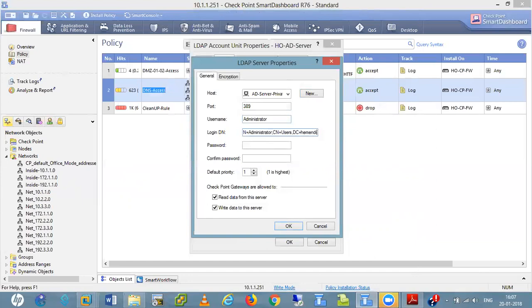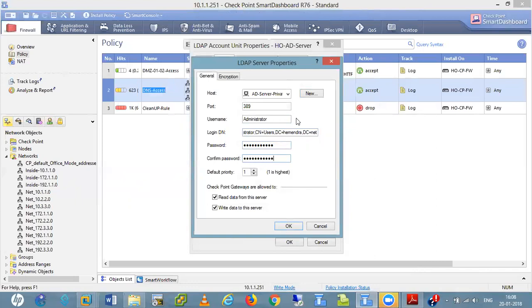I give the password of my domain server, Cisco@12345, and confirm the password.